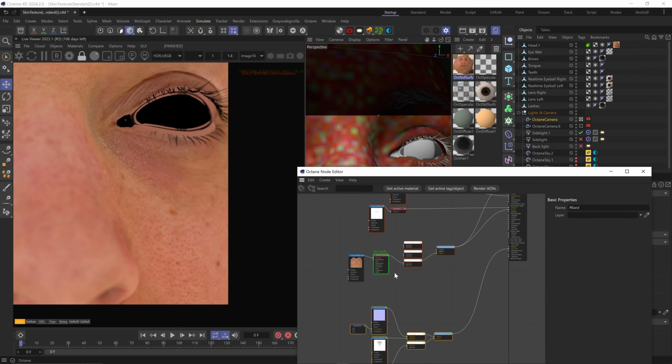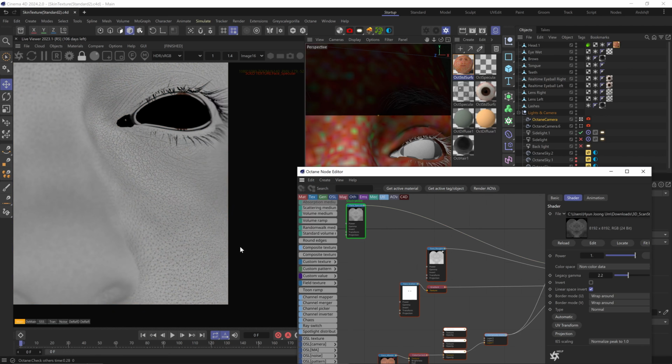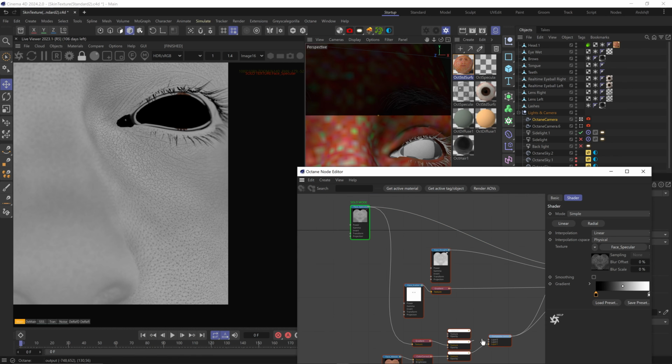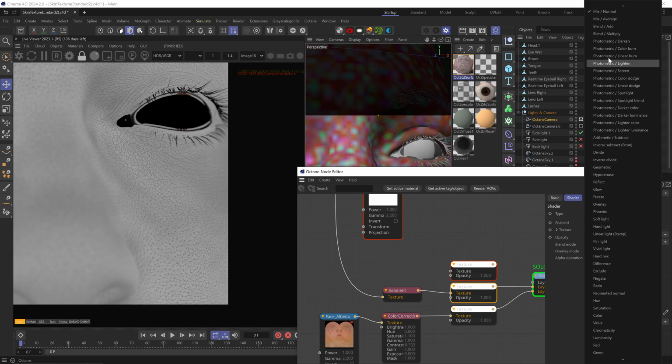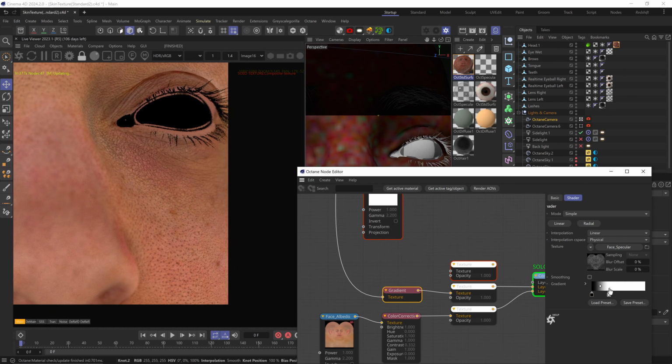Now, I don't have a cavity map for this model. If you do, you can just use it, but here the Specular map has a lot of the cavity information, so I'll plug it into the second layer using an Octane gradient. I'll change the blend mode to multiply and pull the white notch of the gradient in to kind of clip the whites out, so we're just left